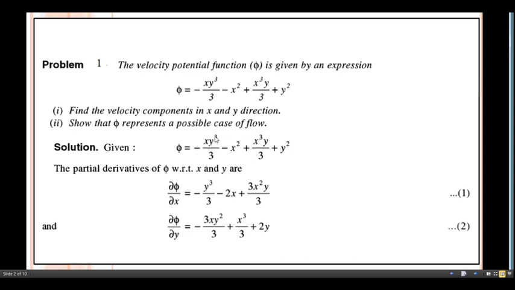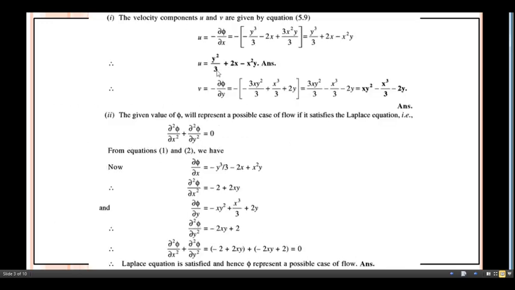If I take the derivative of this one with respect to y, what do we get here? 3xy square divided by this 3 will remain as it is, plus the next one, the derivative of this term with respect to y is 0. What about the next one? x cube y, and the derivative of y with respect to y is 1, so x cube divided by 3 will remain here. And the derivative of y square is nothing but 2y. So once we get these two terms,